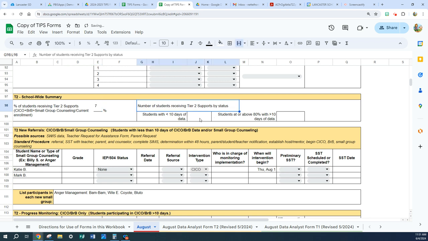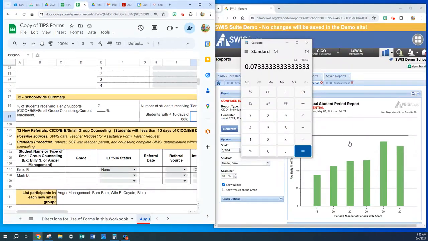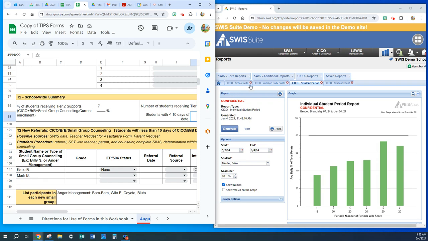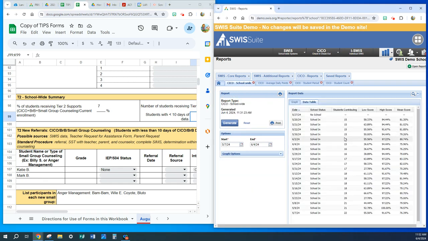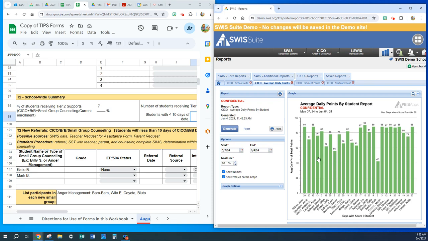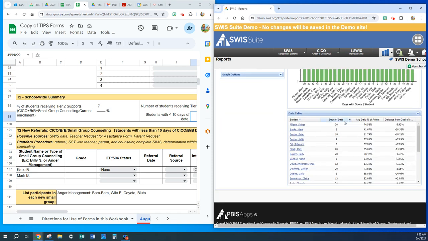Okay. And then numbers of students with less than 10 days of data. We would normally have it listed on that form, but I didn't do all of them. So let's just go back here to our school-wide report. Average daily points. Here we go. Go to the graph, days of data,